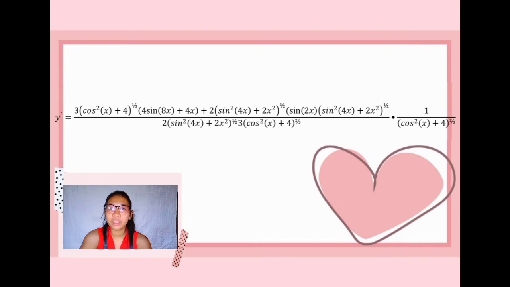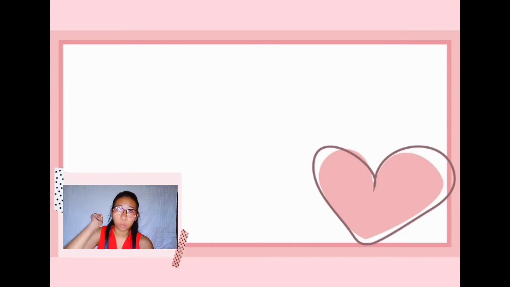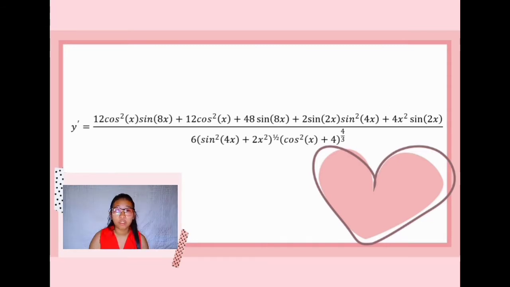Now, we get this equation. Now, we have an equation that can be multiplied. So, let's multiply and get this one. And to simplify it further, we have